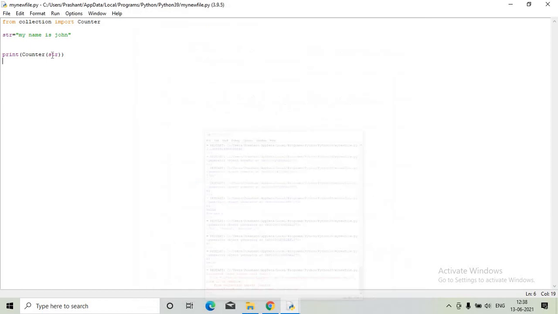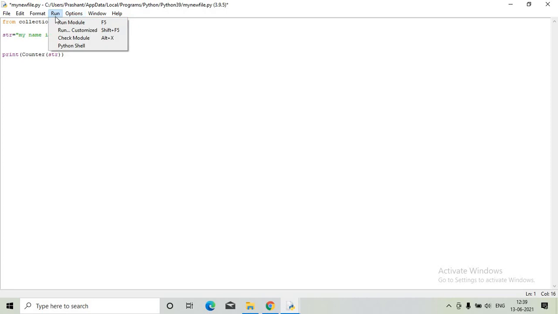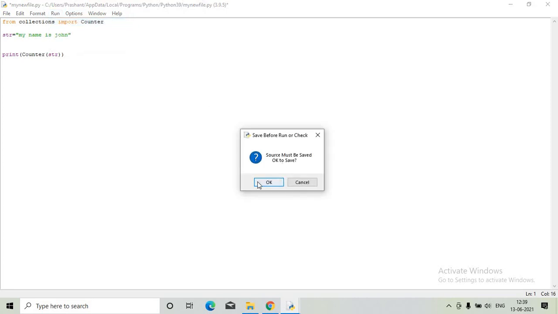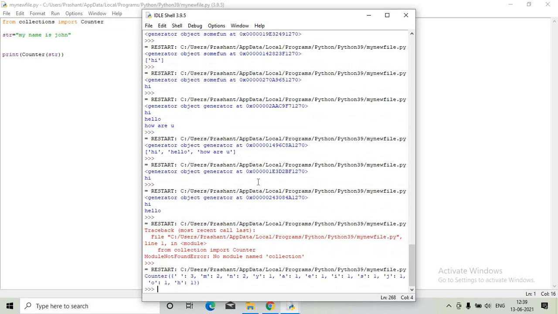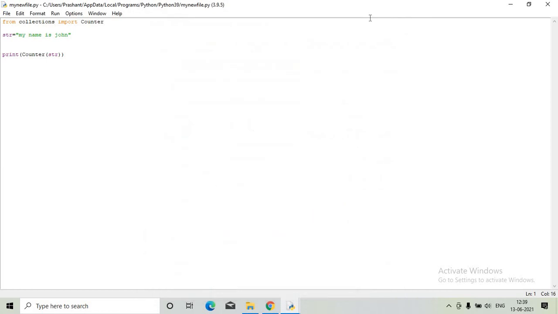It should be collections. There should be collections. So you can see the count of each character is being displayed, including the space also. Space is also considered as a character here.